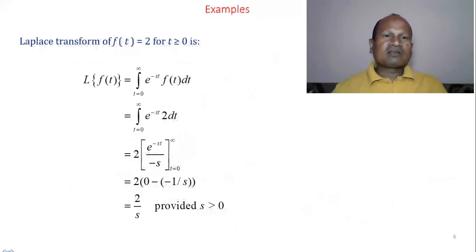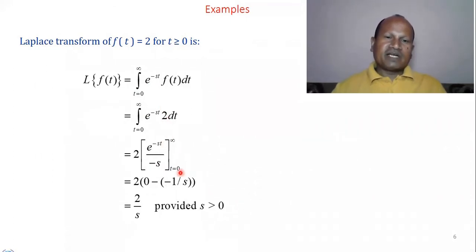All right, let's take some examples. There is a signal f(t) equal to 2, which is independent of time t, but is defined for t greater than or equal to 0. Can we calculate the Laplace transform? Yes. Because it extends from t greater than or equal to 0, we can integrate from t equals 0 to infinity. What is the magnitude? f(t) is 2, times e to the power minus st. So in place of f(t), we can write 2. After integrating, we get e to the power minus st divided by minus s, and 2 is a constant.